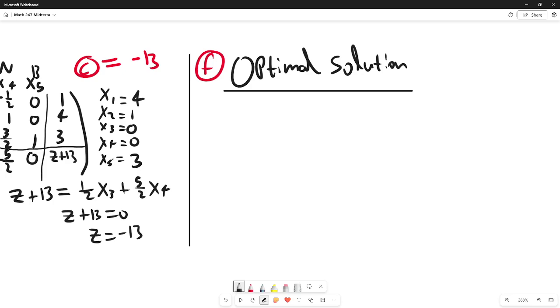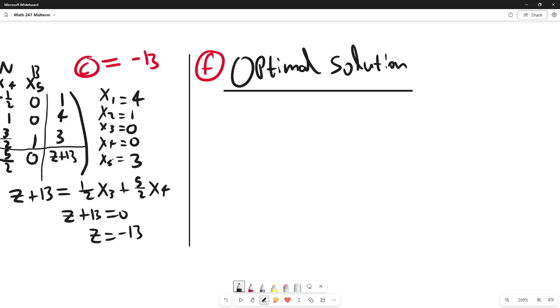But we're trying to find the minimum value, so we don't want to increase. If we were to increase, we'd be going in the wrong direction. That's a step in the wrong direction. So this is the most optimal solution. So we can write,